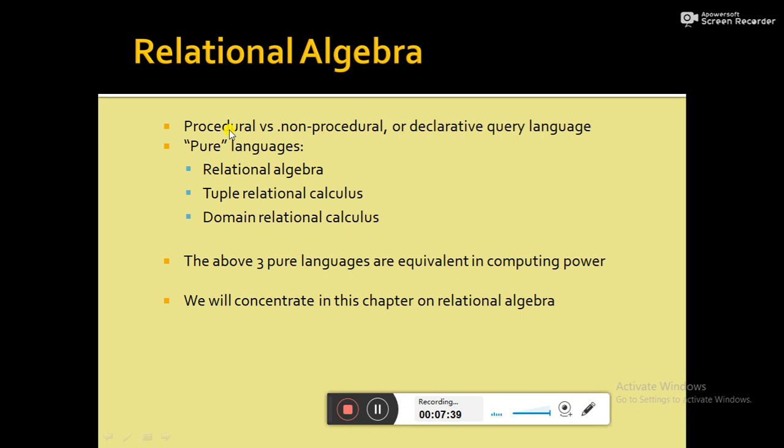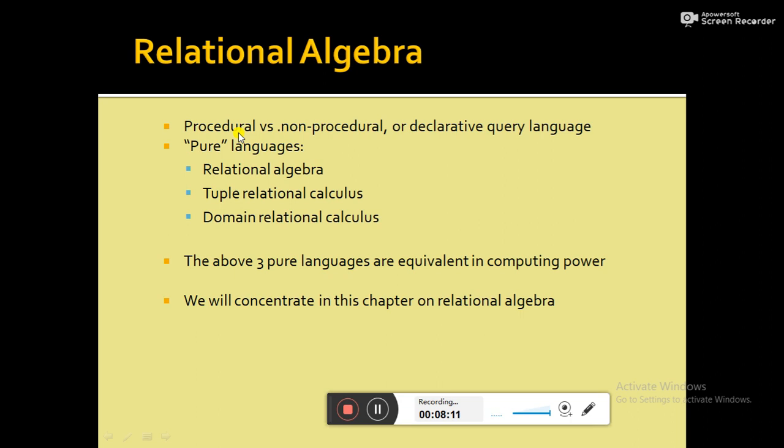Now query language can be classified basically into two categories: procedural and non-procedural query language. Now what is procedural query language? It is a language where it requires a user to specify what data are needed and how to get those data. Means in that kind of language, users have to specify what data they are required to fetch, as well as how to retrieve the data.